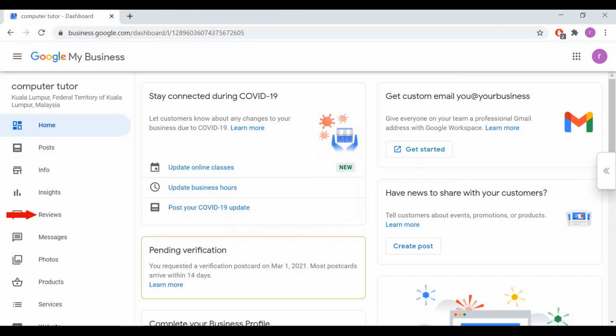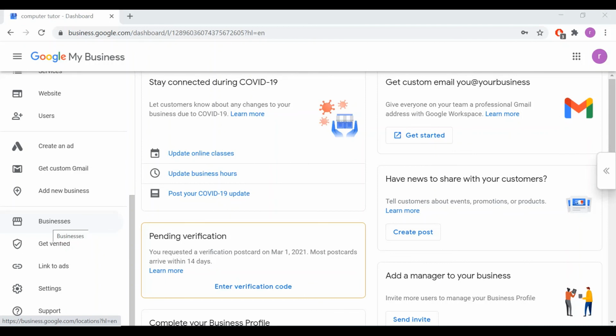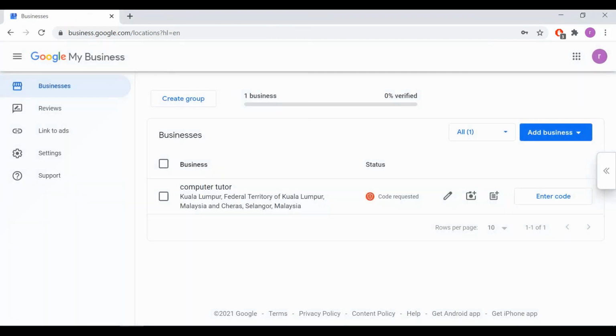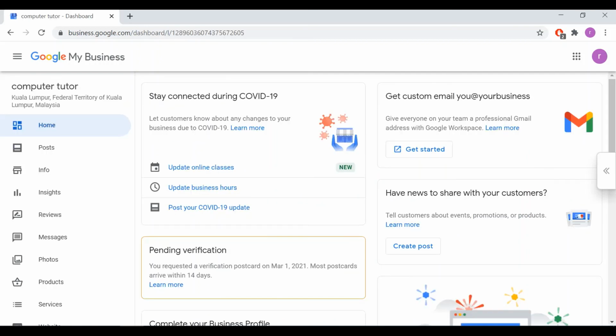You can see your customer reviews, messages, etc. here once your listing is verified. You can see the businesses you have added. When you receive the postcard, including your code to verify, you can verify your listing.